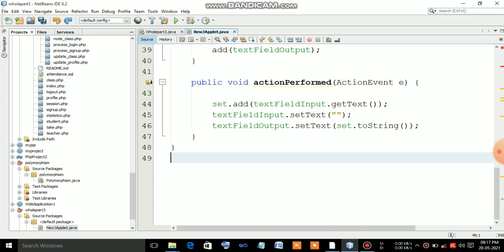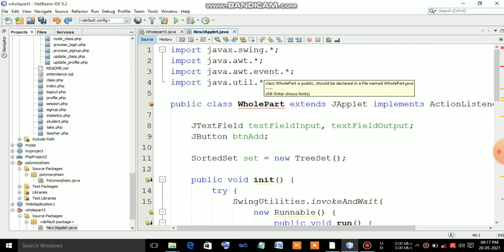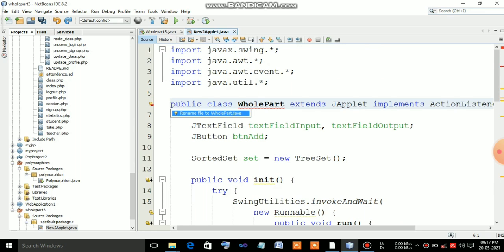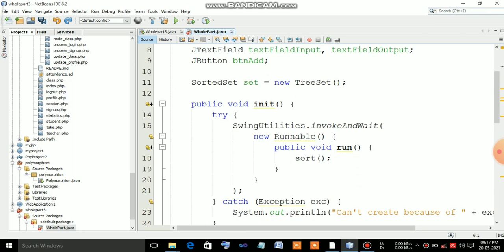And here we have to run the file. The name should be whole part, and we have to run that file.